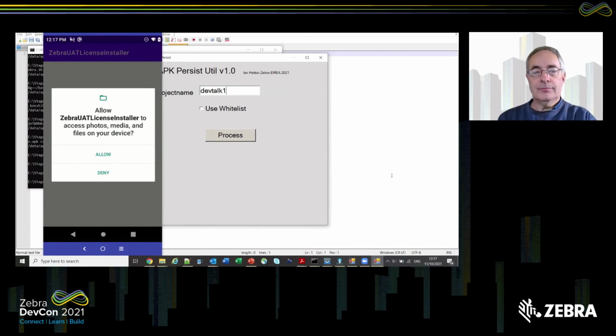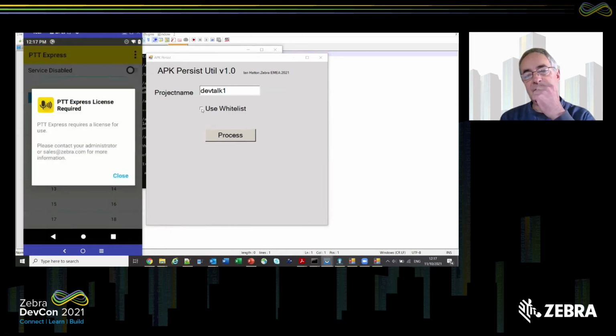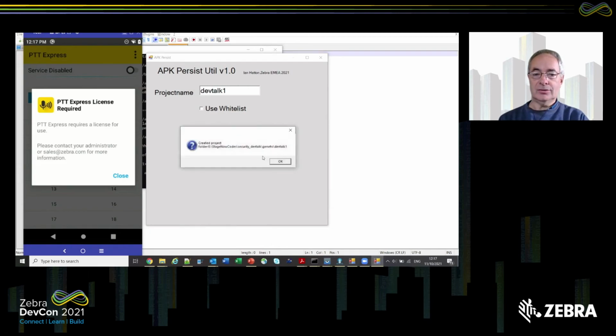Talk 1. And you can also, optionally, enable use whitelist. If I check that option, it will also put in the XML, which will automatically build the whitelist for those applications. So that's a good idea to do if you're deploying, because it will then prevent any additional apps from being installed. So it's really the same process we talked about earlier, but built into this generating process. So I just hit process, and it tells me it's created a folder called devtalk1,